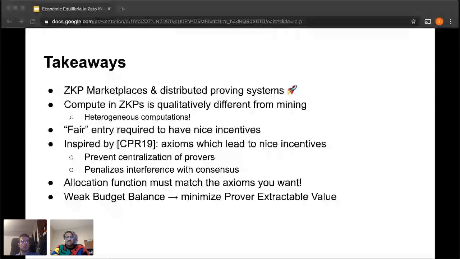And so the last thing, as Georgios mentioned, is there's an advantage to having a weak budget balance protocol. In a lot of ways, it just makes things a little more flexible. For instance, having an insurance fund, which is paid for by the minimized per-rejectable value fees that are collected, or potentially, I guess, what people like to call public goods. But it doesn't necessarily matter what it gets spent on. I'd say the insurance fund is probably the most salient version, but I think there's a lot of room in that design space to have the allocated efficiency of these systems grow quite a bit.